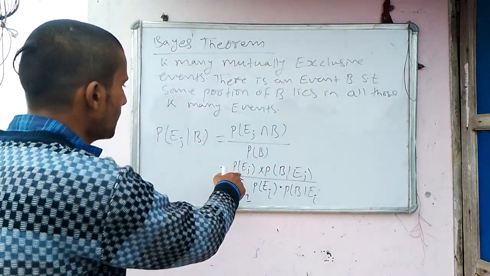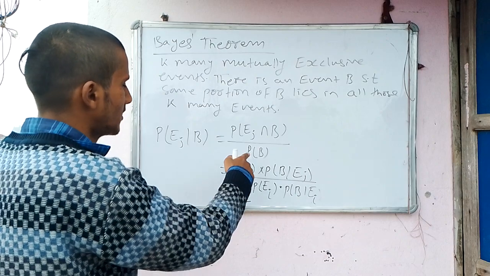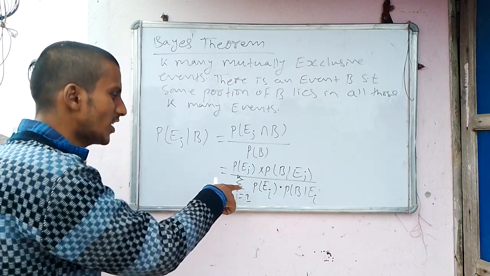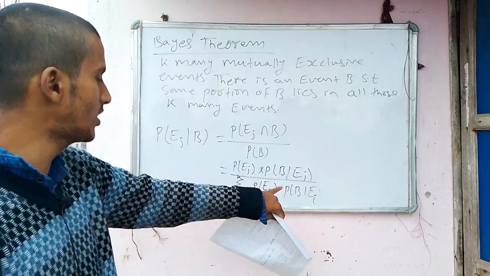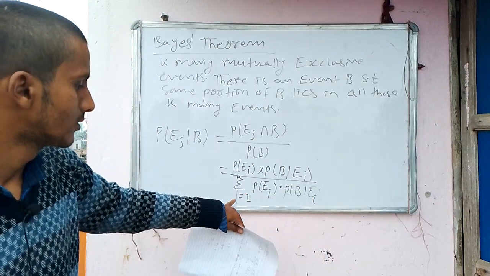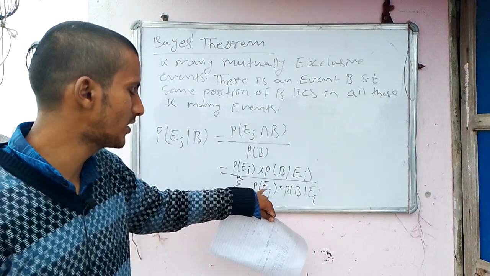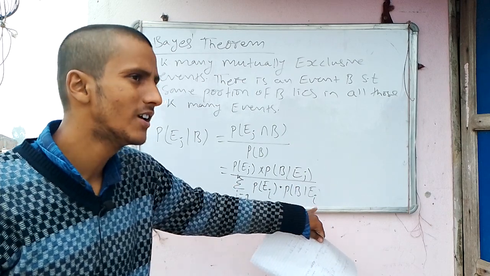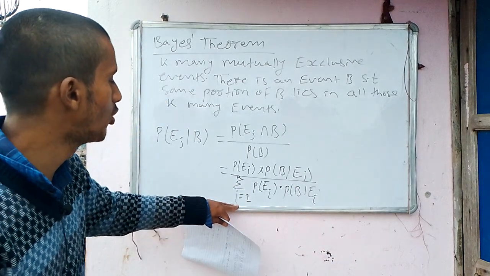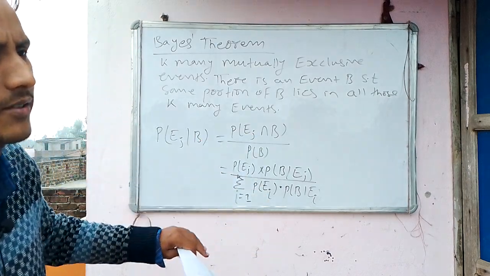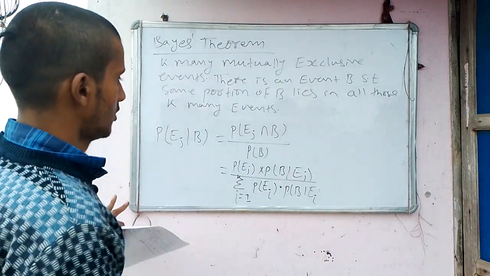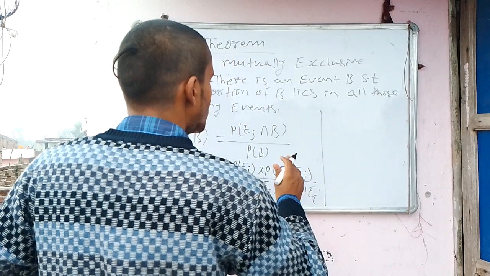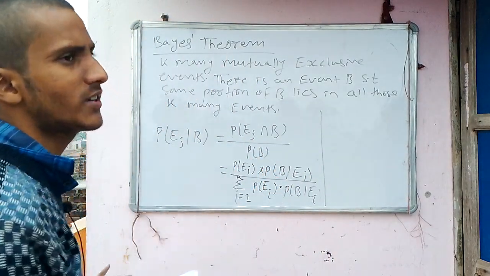Probability of Ej given B is probability of Ej times probability of B given Ej, divided by the sum of probability of Ei times probability of B given Ei, with i going from 1 to K. Okay, if you have, let's say, only two mutually exclusive events,